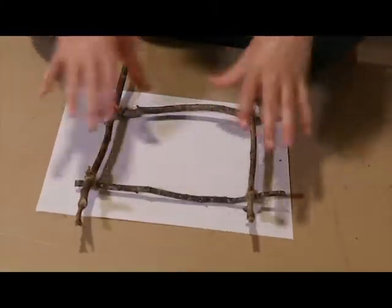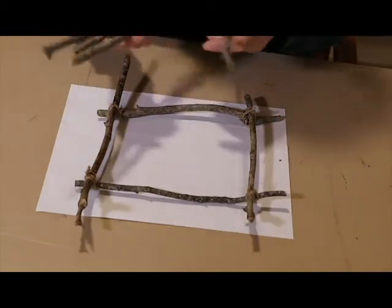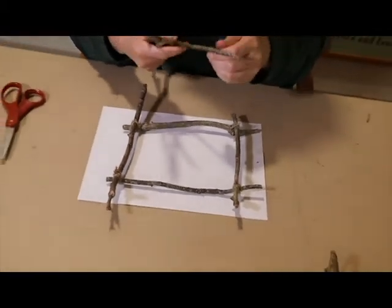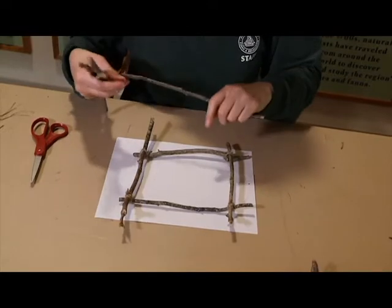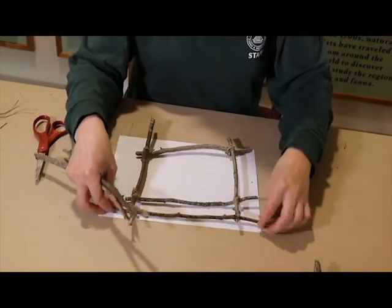So adding another layer to this really helps strengthen it. So I have 4 other pieces that I'm going to use, and again, I have these little points on them. You can just rip those off pretty easily, or leave them if that's what you like. Go for it. So how I'm going to do this is I'm going to lay them out again, just to